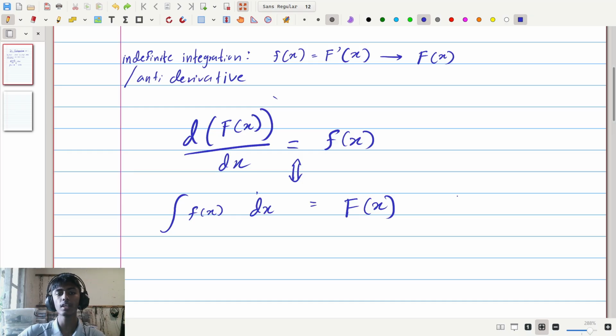that if we treat differentiation as a kind of function where we take an input of capital F of x and produce an output of simple f of x, then integration or taking the antiderivative is kind of an inverse function, as in we take the input which was the output of the previous function simple f of x, we substitute as the input, and then we get the output of capital F of x. So we can think like this antiderivative, as in this indefinite integral, is a kind of inverse function